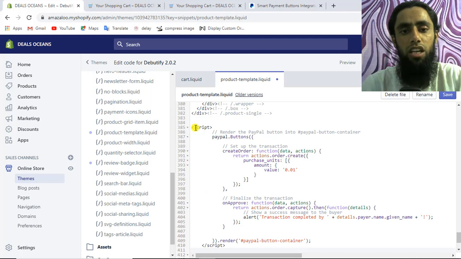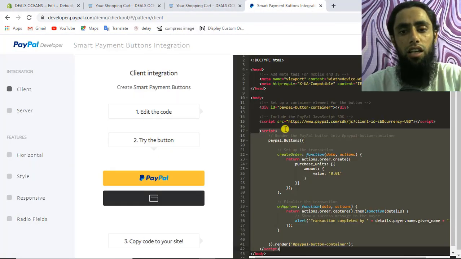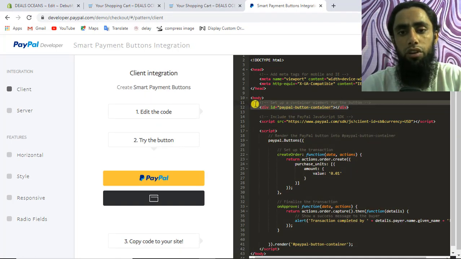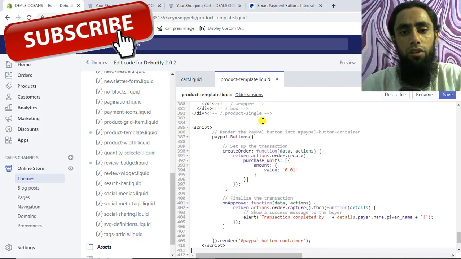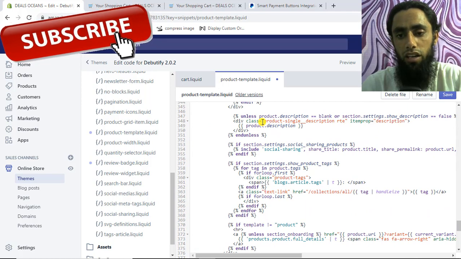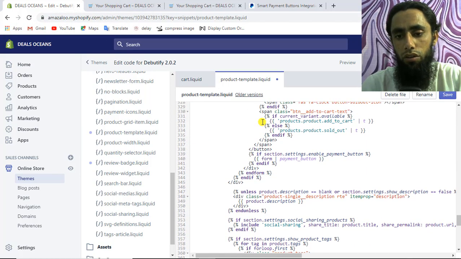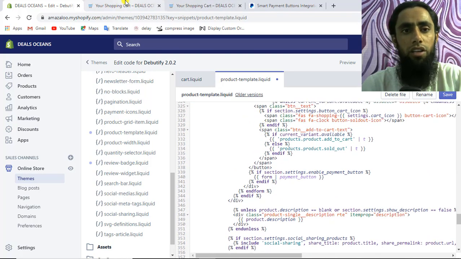So I'm going to paste it on line number 385. I mean, that must be at the last. And after that, the last thing we have is line number 11 and 12. All right, so line number 11 and 12, we have copied that code from there, and now we are interested in putting that code above. Wait a minute, let me show you.